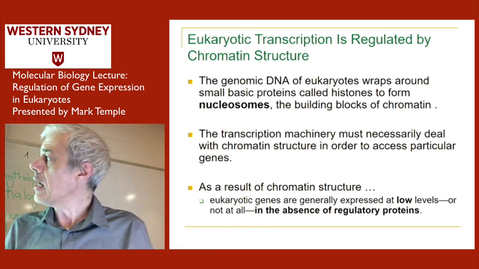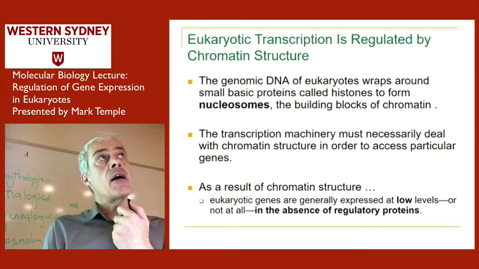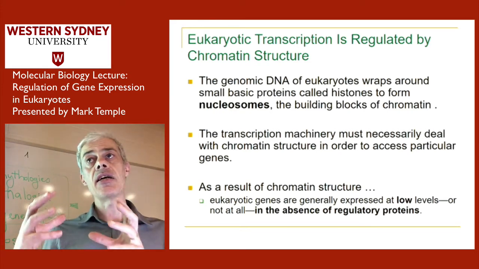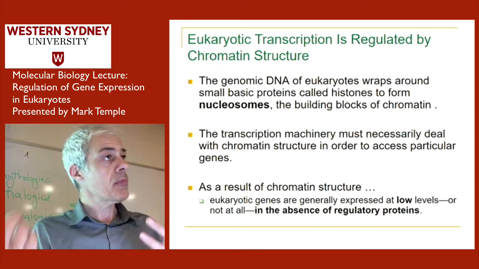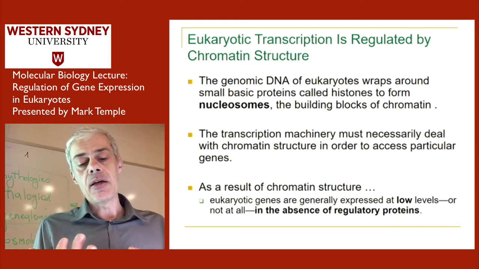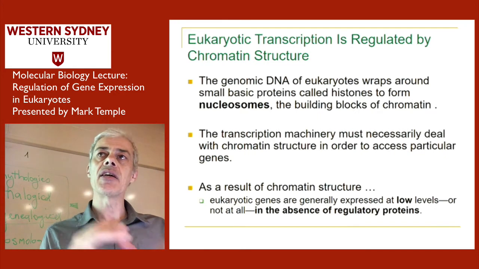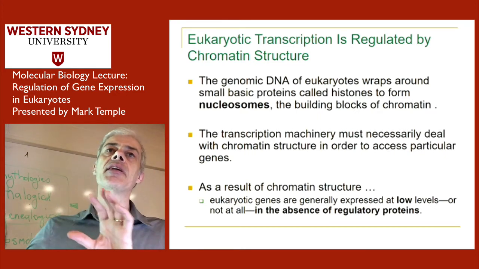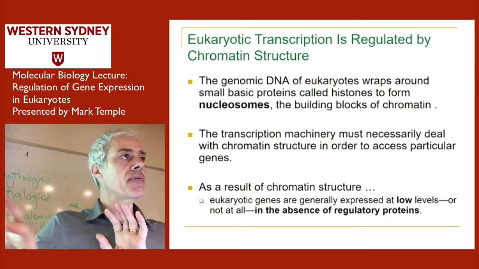So a nucleosome is made up of histones. Now there are 8 histones in a nucleosome. The histones are called H something. H indicates histone. H1 is not involved in the nucleosome. H1 is a loose protein that binds in the vicinity of the nucleosomes. Okay, so put H1 out of the picture for now.